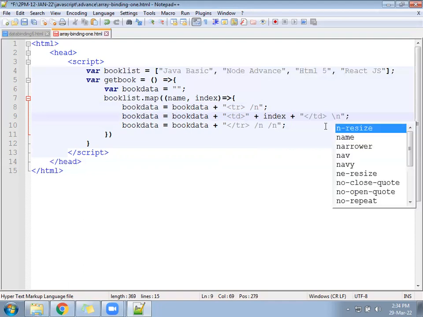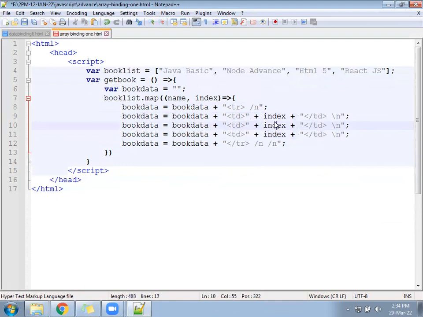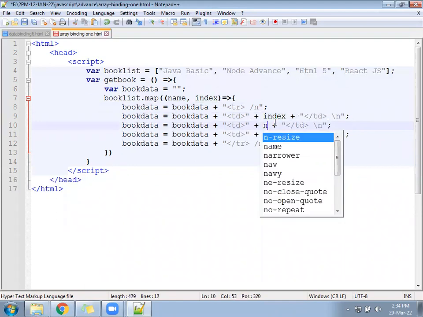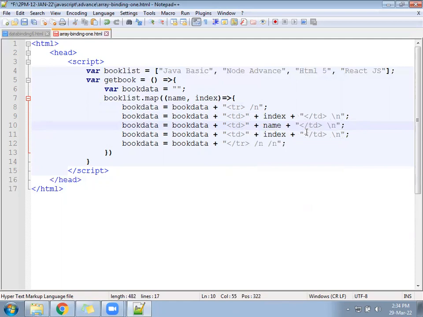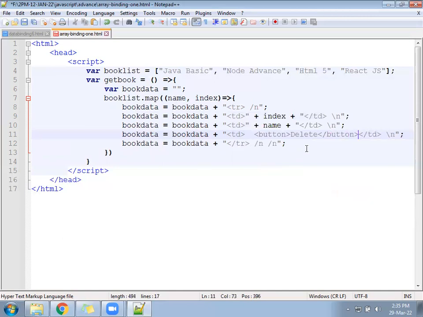You are generating the tr td th dynamically inside the JavaScript. Name you will add here. Last td you will create a button called delete. Close the button. Delete button open, delete button close.